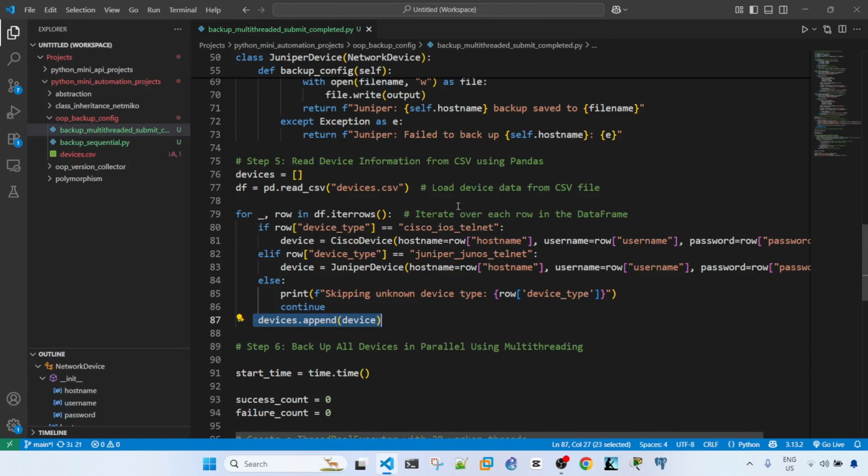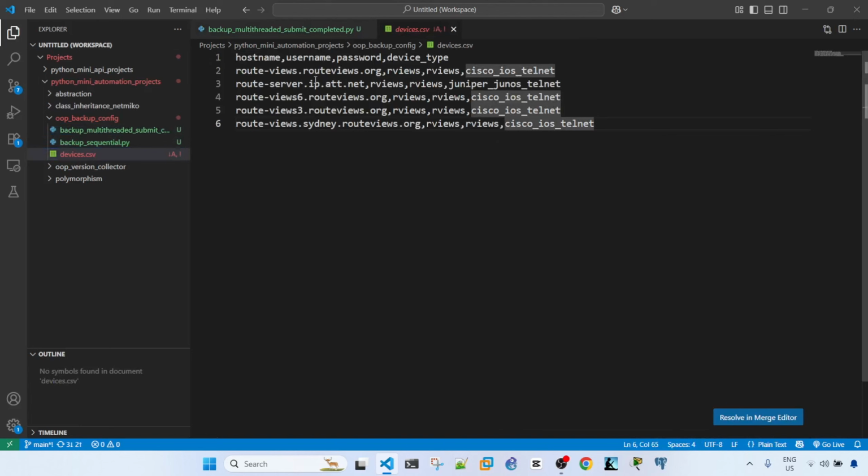So this is how we load the device data from the CSV file. We are defining a data frame, which is this df. In this for loop, we are iterating over each row in the data frame. And if the row is equal to this, let me open the file. If the row is equal to,